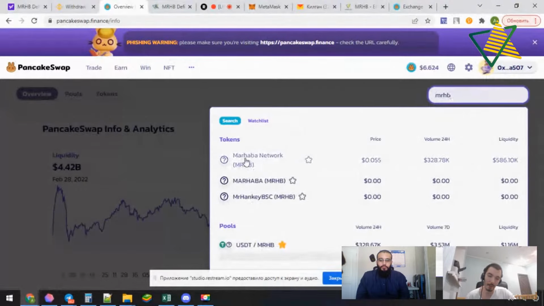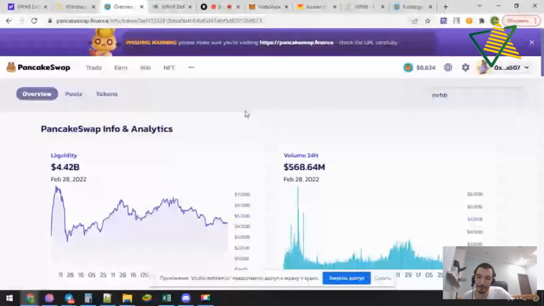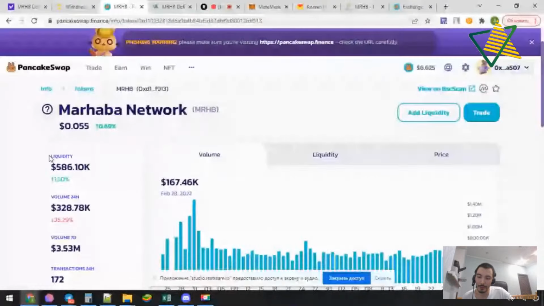That's why I advise you to use the smart contract address. And I open the Marhaba token, and now we see that liquidity is equal to $586,000 plus the same amount of Marhaba tokens.